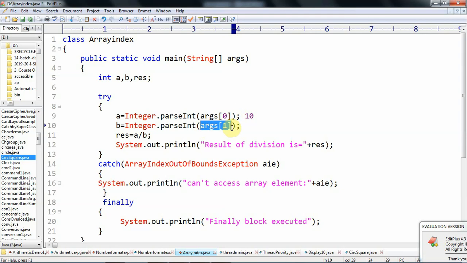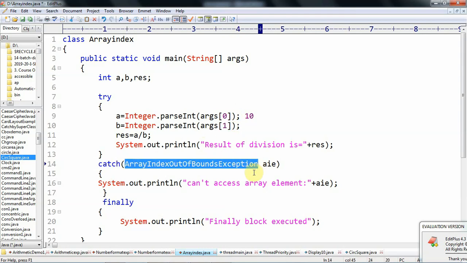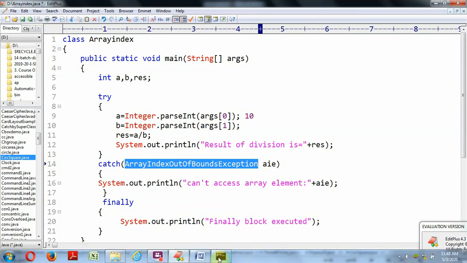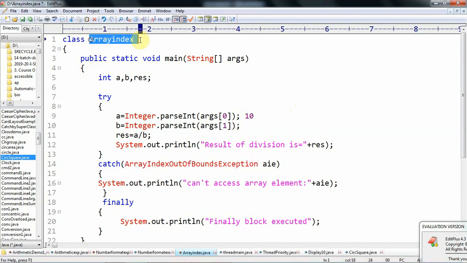At that time it raises the exception called ArrayIndexOutOfBoundsException. We are going to see this with an example execution.